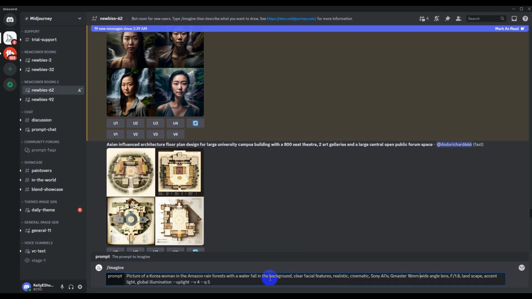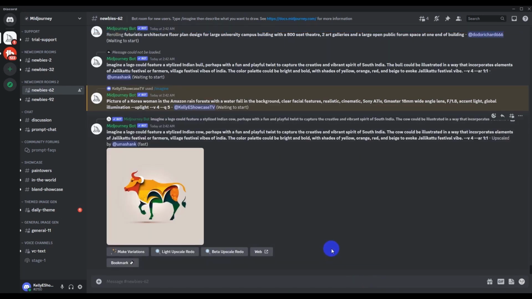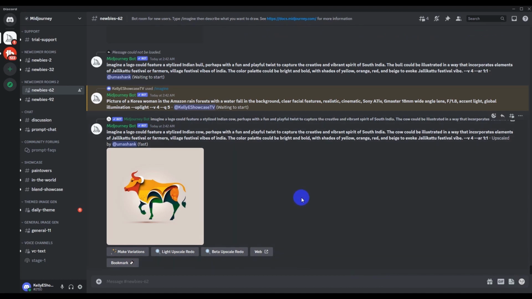I can't say portrait because that's already portrait right there. Maybe I get rid of this landscape. Maybe it's getting confused of what's going on here. Let's see what happens. Okay, where is my work? Right there.